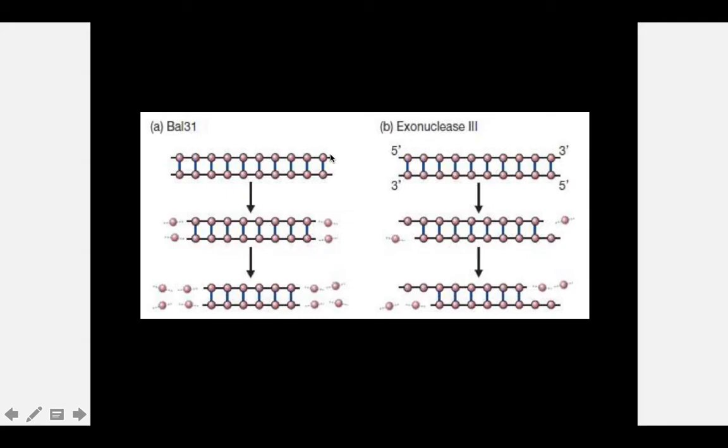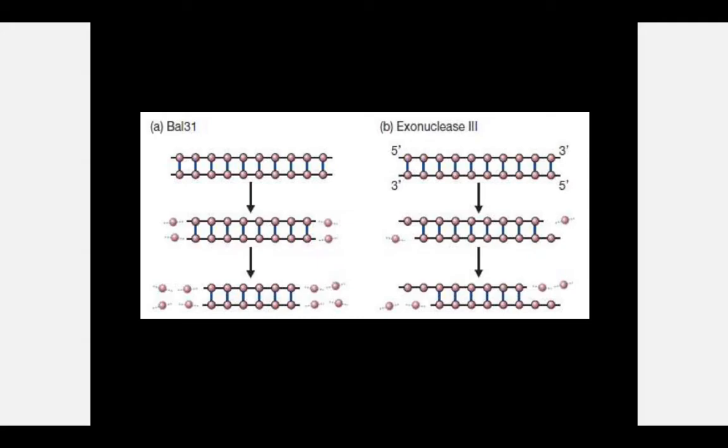Some of the exonucleases possess the tendency to put the cut in both the strands, 5' to 3' as well as 3' to 5'. Some of them have a tendency to put a cut on only one of the strands. For example, at the 3' end only you are able to see the cut, it is not occurring at the 5' end. Right? Are you able to understand this point? I require your answer.